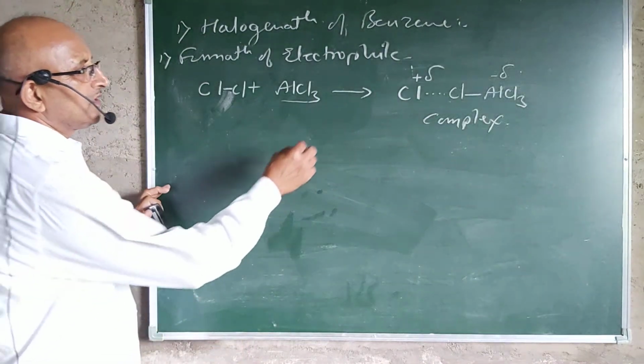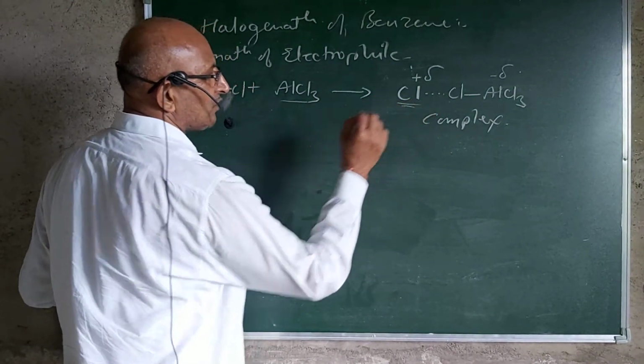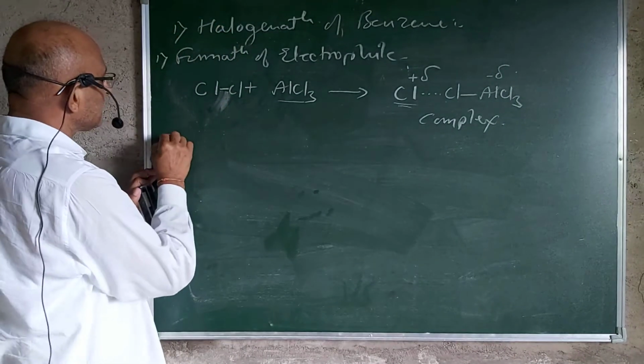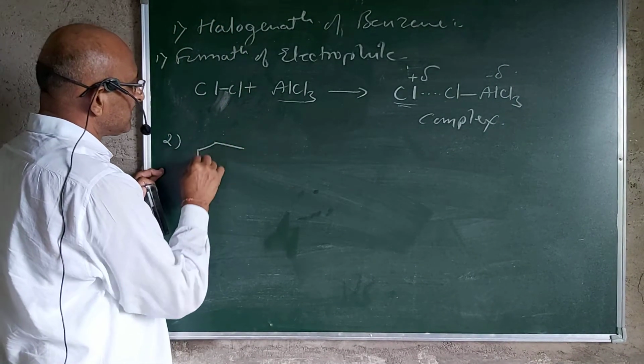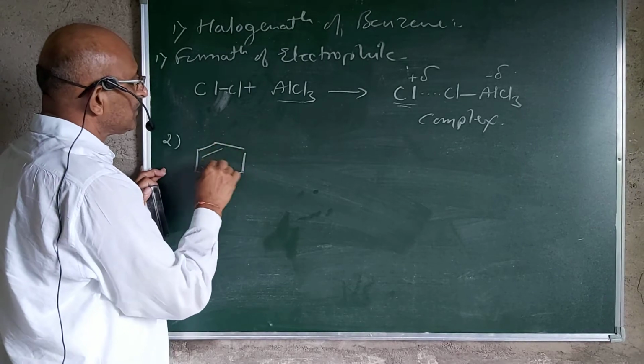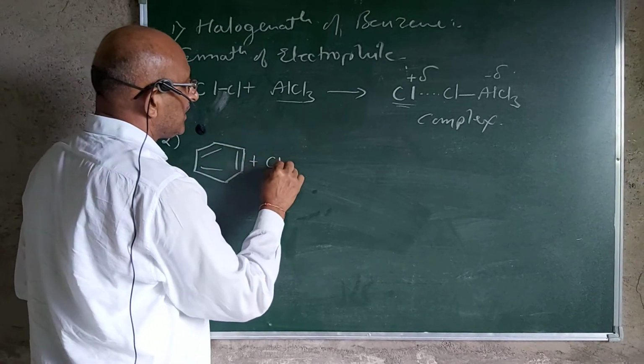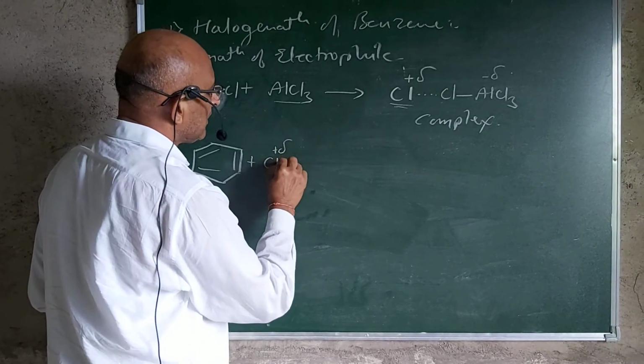And so this positively charged species which is obtained acts as an electrophile. So this whole complex reacts in the second step with benzene. As benzene is nucleophilic, when it comes in contact with this complex